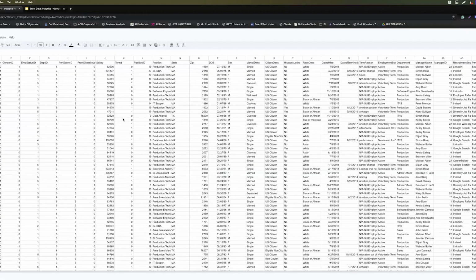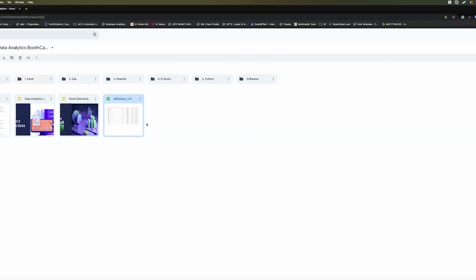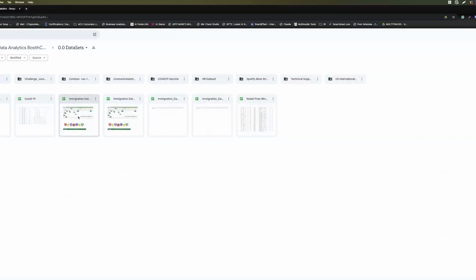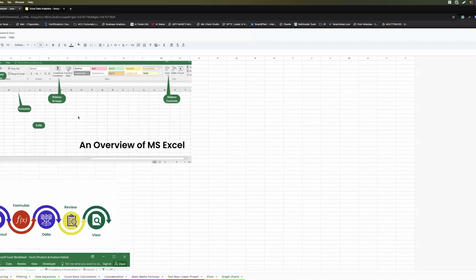The data set is going to be on immigration. We still have other data sets that we will be talking more about in the course of the next class.